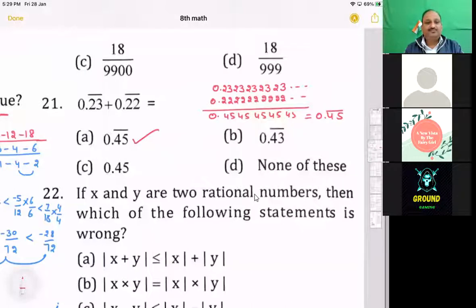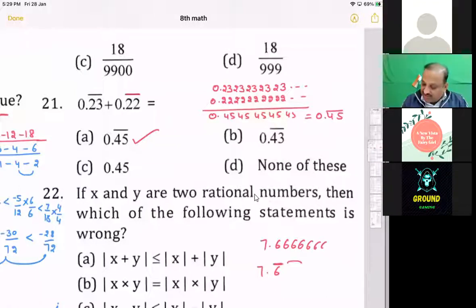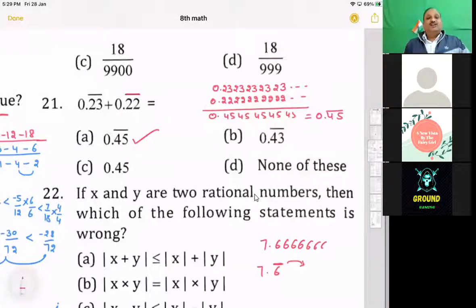is true। इसको वैसे बच्चे बार बोलते हैं। जैसे आपके पास ऐसा आ जाए ना 7.6666666 लिखना है, तो we can simply write it like this। इसका मतलब 6 बार बार क्या हो रहा है? रिपीट हो रहा है। और जो रिपीट हो रहा है इसके ऊपर हम बार बोल देते हैं, but actually the name of this bar is vinculum। That is the mathematical name of this formation। ओके, come on to next one।